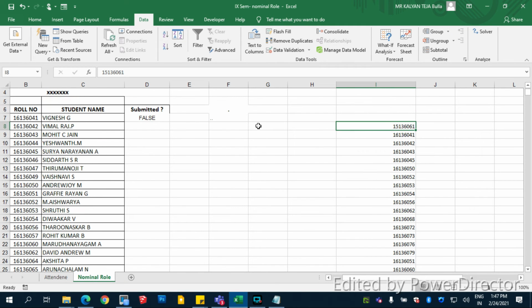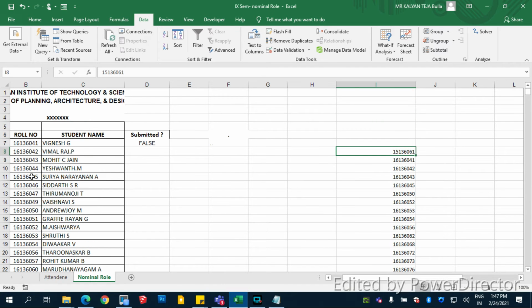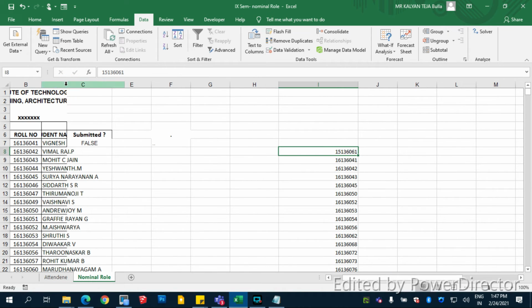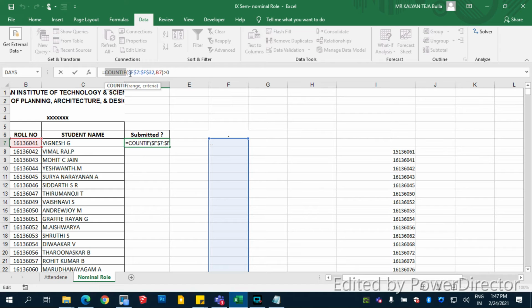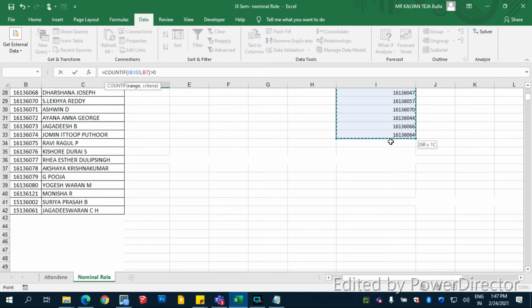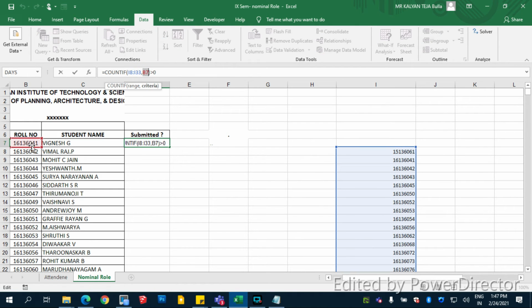Now this is the list you wanted to check against these roll numbers. Here I'm making this smaller. So the formula is COUNTIF, this range from this to this, COUNTIF this range matches with B7, which is this number, then give greater than 0 for true.